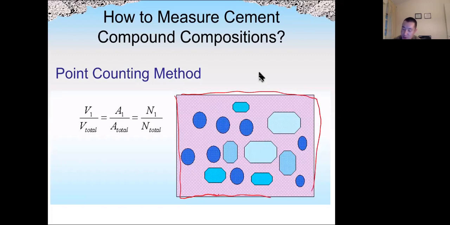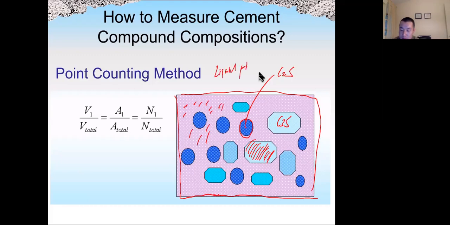If you remember, the light color, crystal, angular shape, it is C3S, and the dark circular color, it is C2S, and the phases in between, we call that liquid phase. So liquid phase is a mixture of C3A and